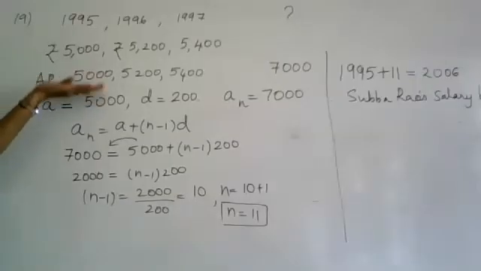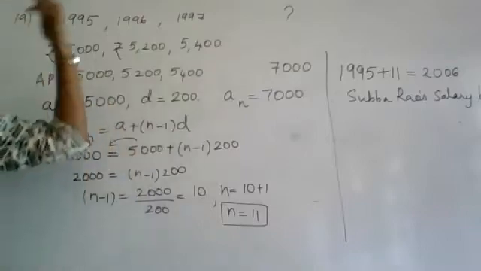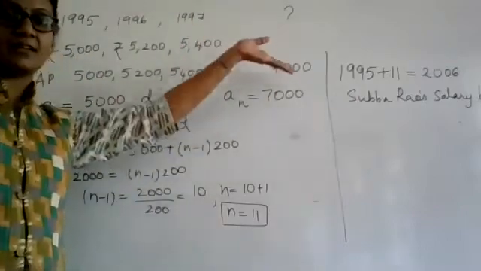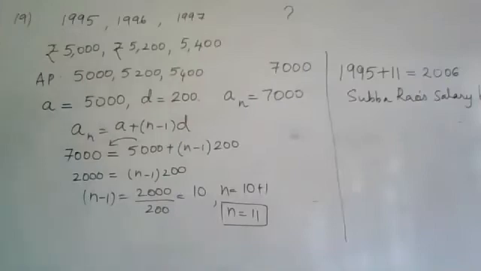Convinced? Ma'am, but if we consider 1995, we'll get 2005 as the 11th year. No, Ma'am, you cannot consider that. That's what I'm telling. See, the first year he already got the salary. So when is he fixed for 7,000? Only on the completion of 11 years he will be fixed with a salary of 7,000. That's what I'm trying to tell you. After 2006, when he has completed 2006, he will be fixed as the salary of 7,000.